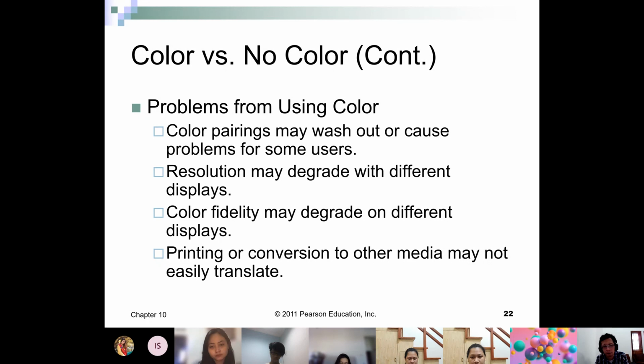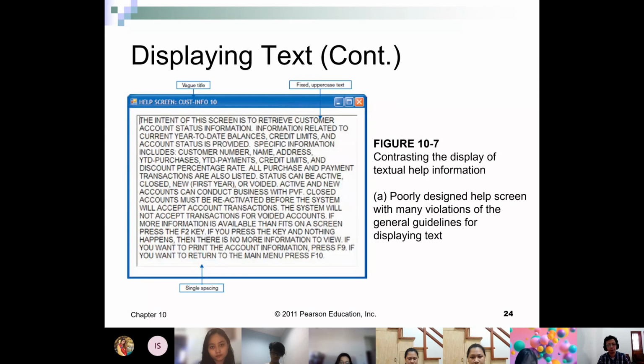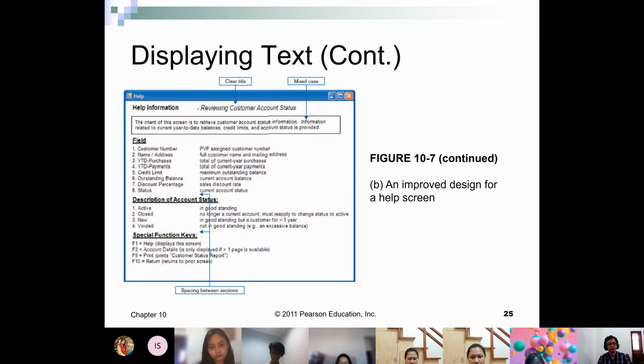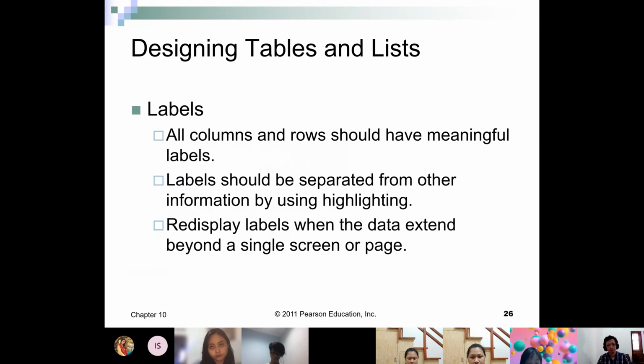Okay, plain text, and this is an example of poor design. This is a much better design in terms of it could be read easily. Labels. Oh, one more about graphics. You may use graphics or any multimedia files, but you need to consider people with disabilities.